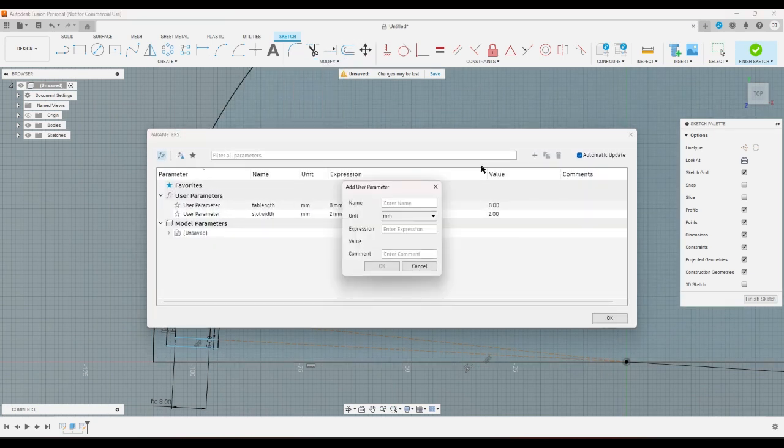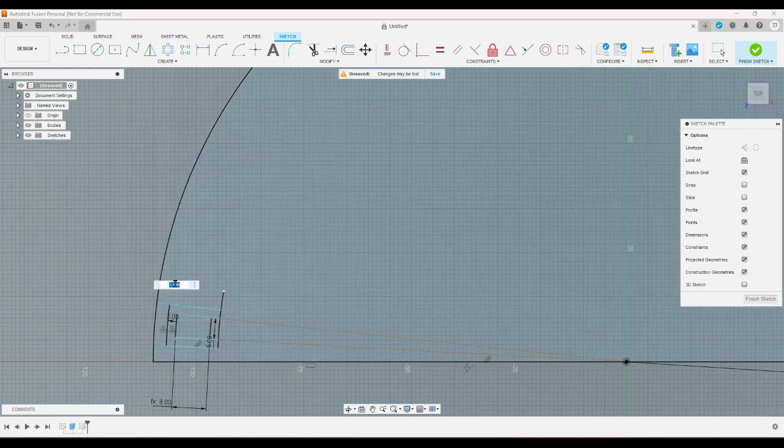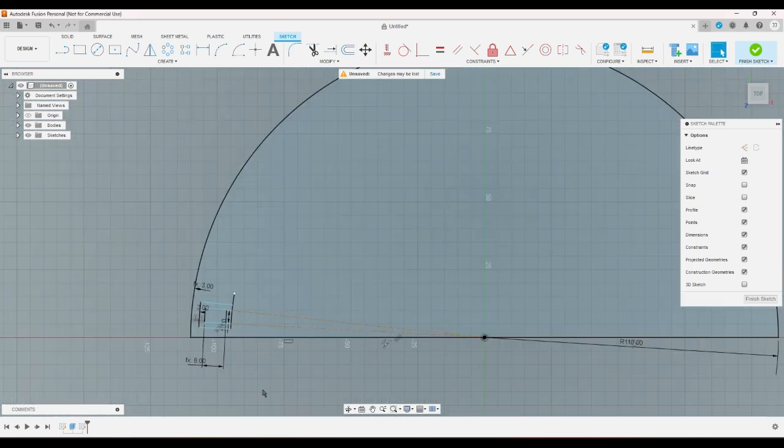Parameter. Tab edge distance. So I'll call that 3. And change this to tab edge distance. There. Now I can change how far that is. And